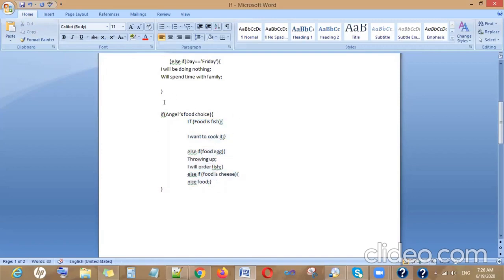So if I put a condition on the top, if Angel's food choice, and I'm putting the if else inside this if, this is nested if. Okay. Let's say if I add here else if,